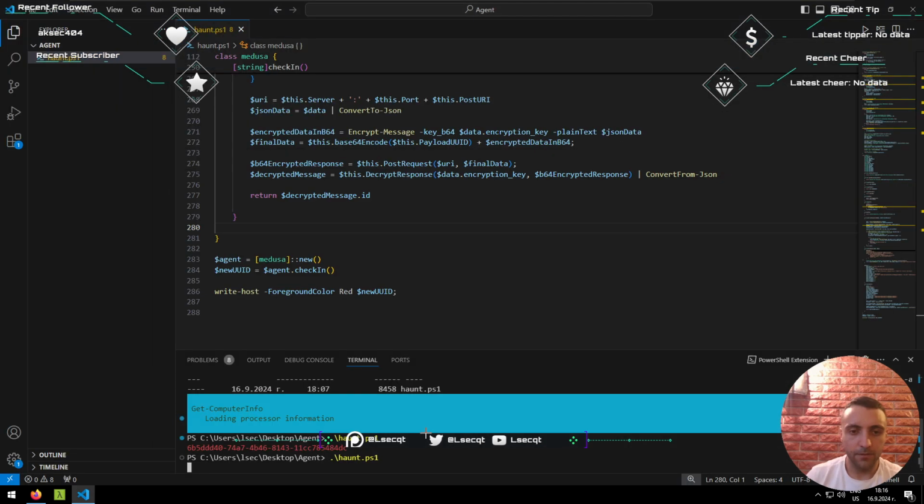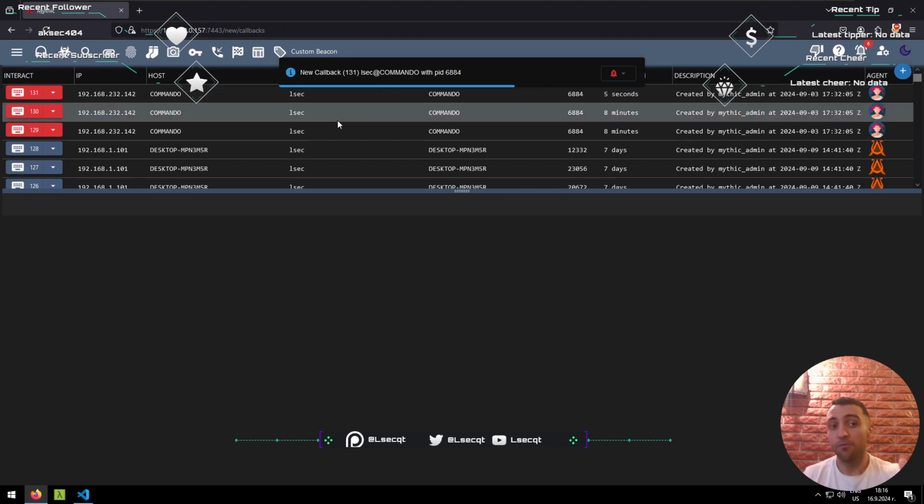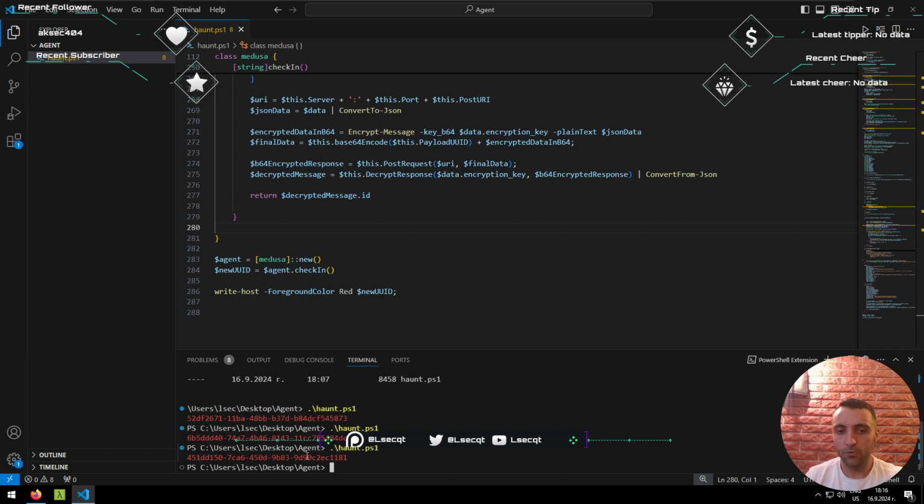I can run that. It's going to get all the information it needs, like the computer info, the processors, and so on. And in the end, it's going to give us the initial check-in, from which it's going to get its own new UUID, which we can use to operate and start issuing commands and so on. Now that's nice, but the idea for the stream is to implement the builder itself, because now we have